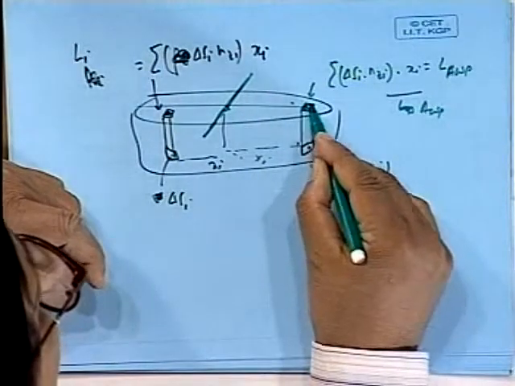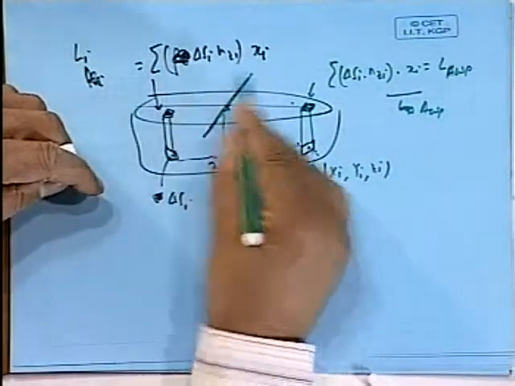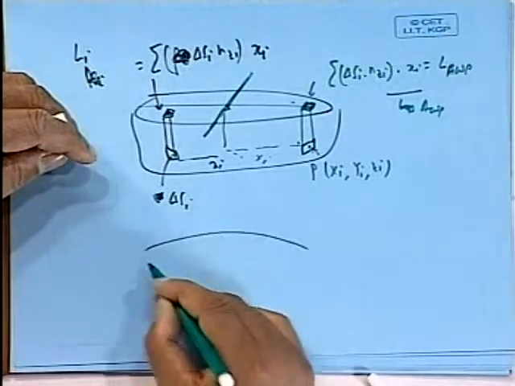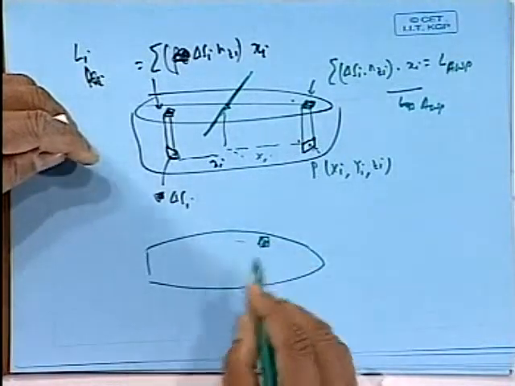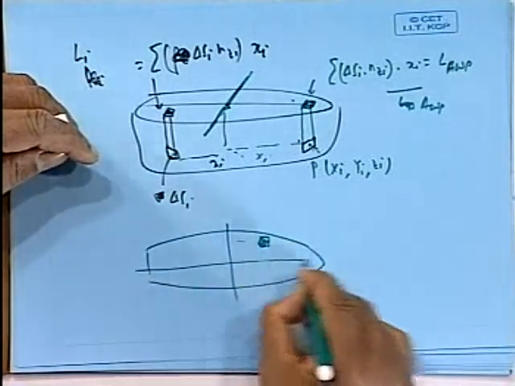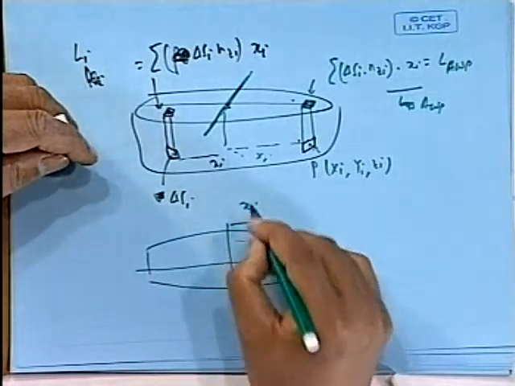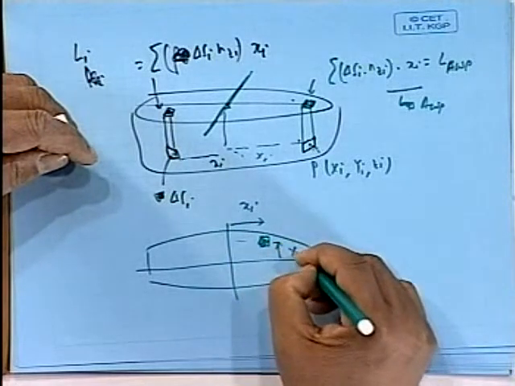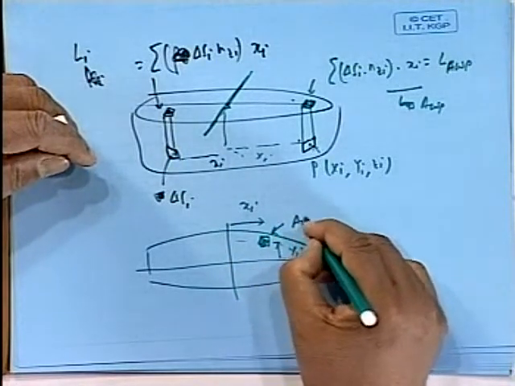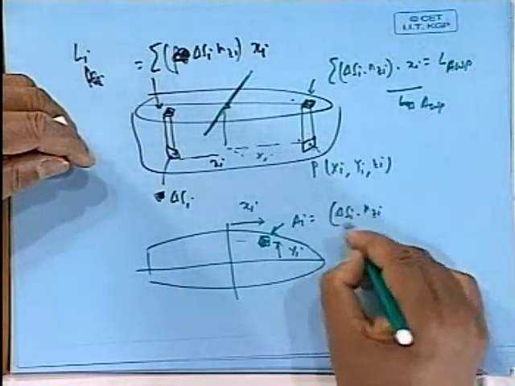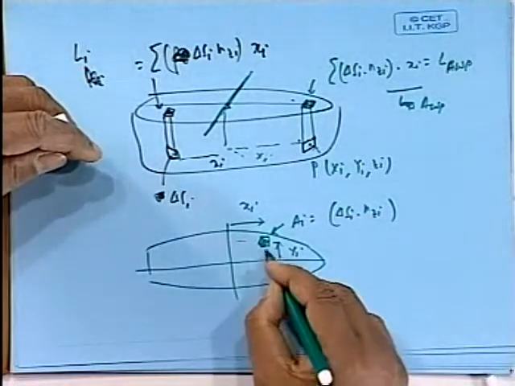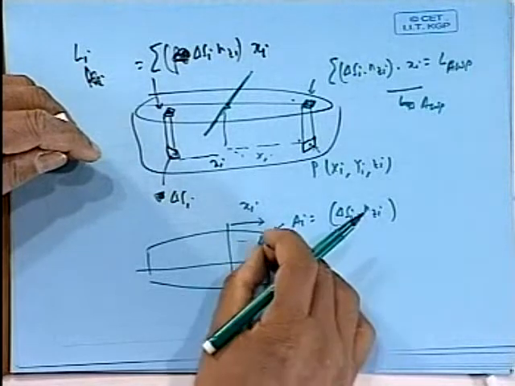So think of this part: if I draw a water plane area, I have this tiny bit. I know the location of this, I know this distance xi, I know this distance yi, I also know this area ai is equal to delta si into nzi. I know all that required things. So if I want to take moment about this line, I can always take this into the xi distance.